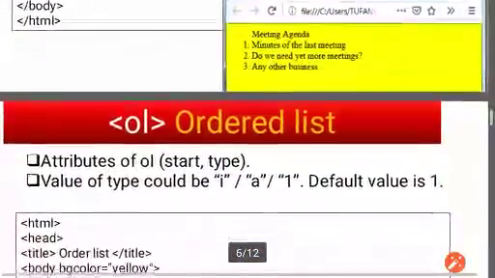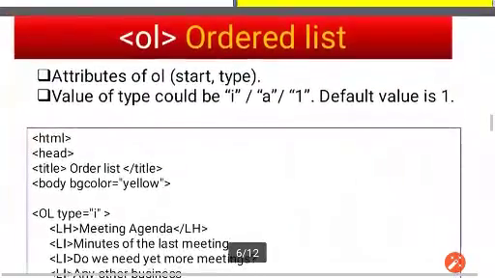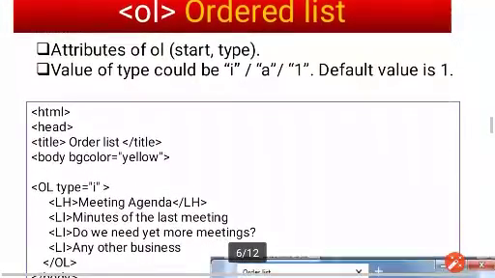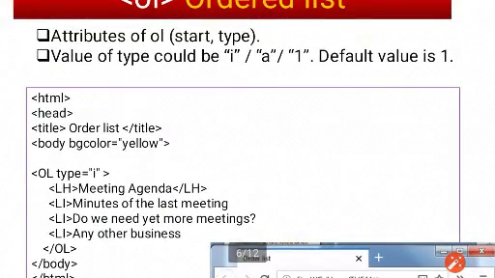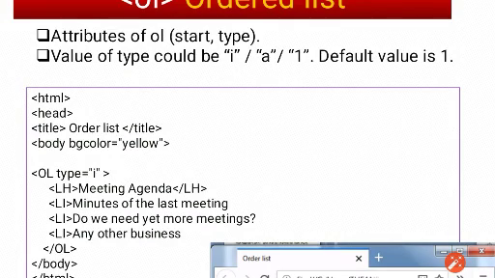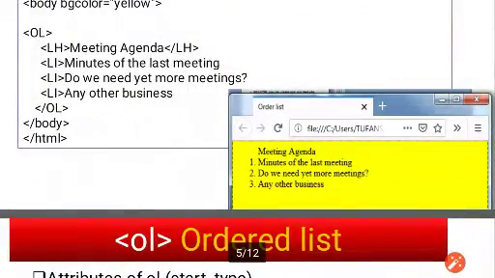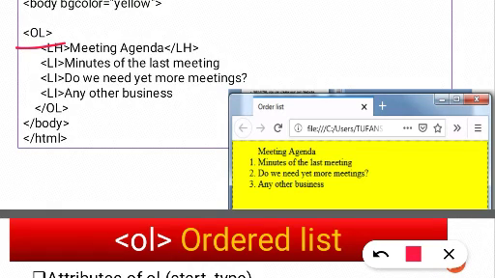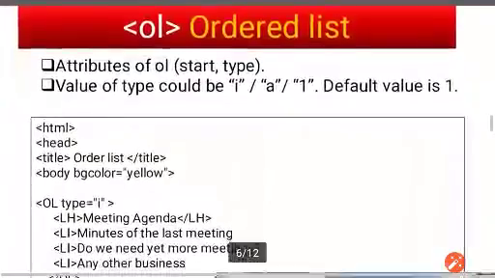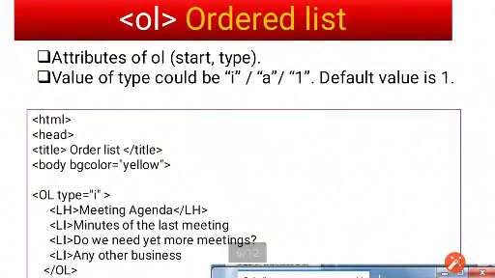Moving to next, let us understand what are the attributes we have got for OL. It is start and type. Type is very important as an attribute of ordered list. Why? Because in the previous slide, you have seen I haven't written any type. I have just written OL over here and you have got 1, 2, 3. So you have to understand the type is by default 1, 2, 3. But I just want to have other than that. Suppose a Roman number or some alphanumeric, but they are also numbered lists, right?